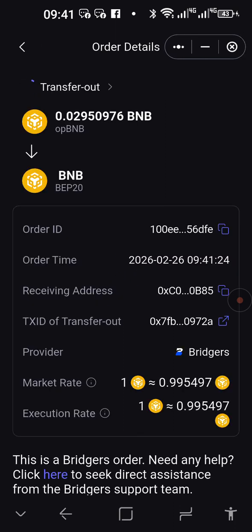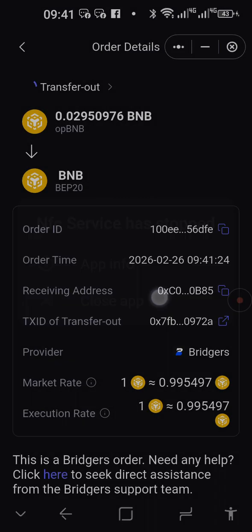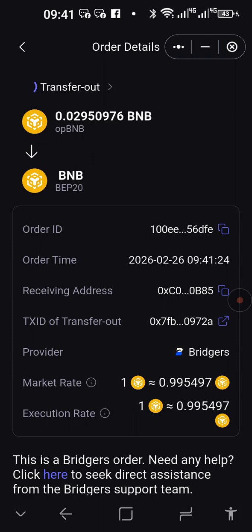Right, so this can take anything from a couple of seconds to a little bit longer. It only depends on the network, but it will eventually come through. Now this is the picture that you want to see. Sometimes, especially when you swap to USDT, it asks you to confirm twice, but this is the picture that you want to see, and then you know it is busy with the swapping or the transferring or the bridging. Actually, this is what it's actually called, bridging. Right, you're just going to wait for it. Sometimes if it is waiting too long, you just go back and then it will eventually be there.